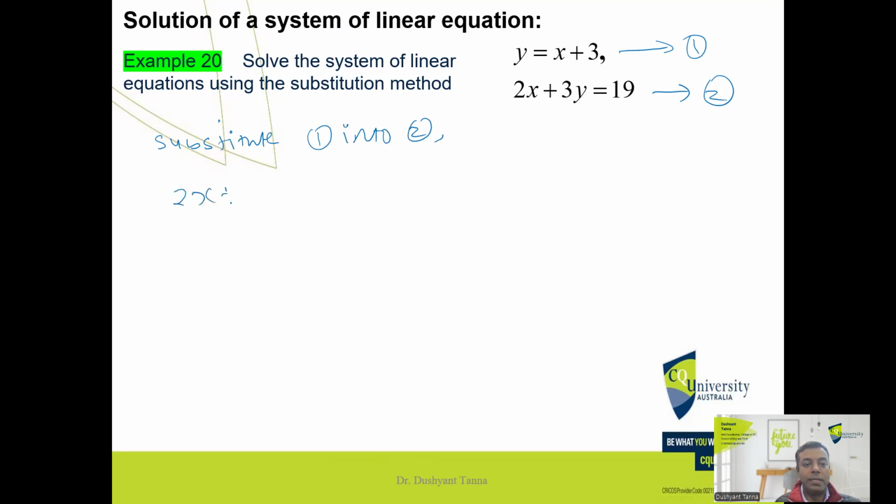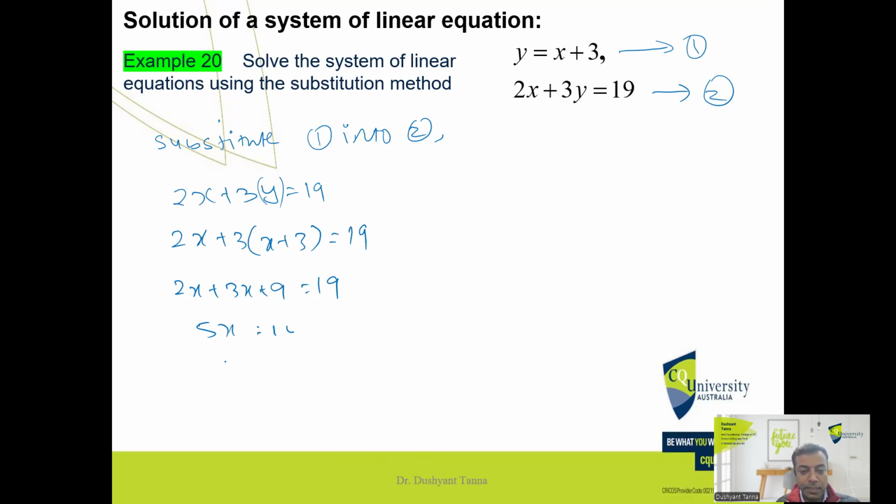So 2 is 19. In place of y, from equation 1, I replace the value. Now we can see it is all x. Therefore 2x plus 3x, and 9 is 19. 5x is 10, x is 2. And with the help of this, from equation 1,